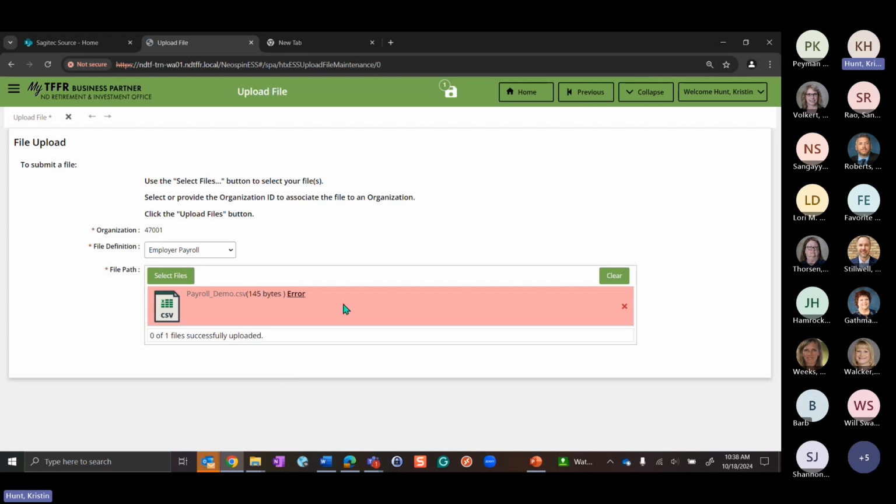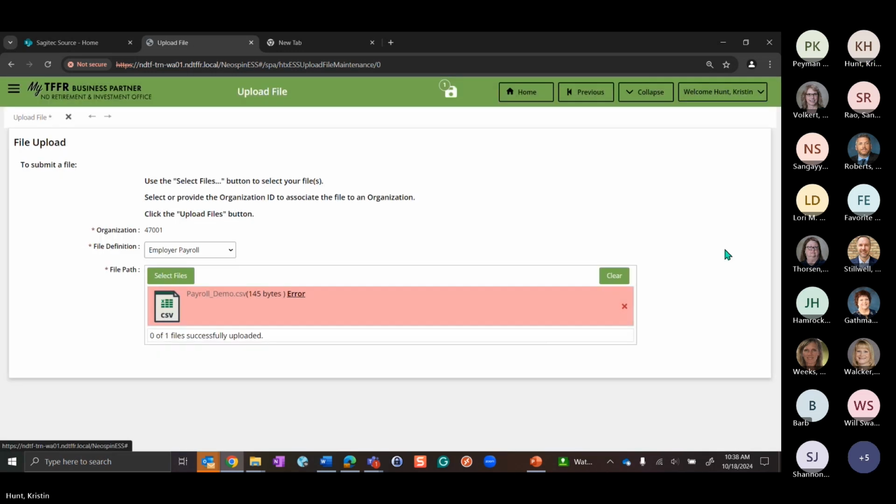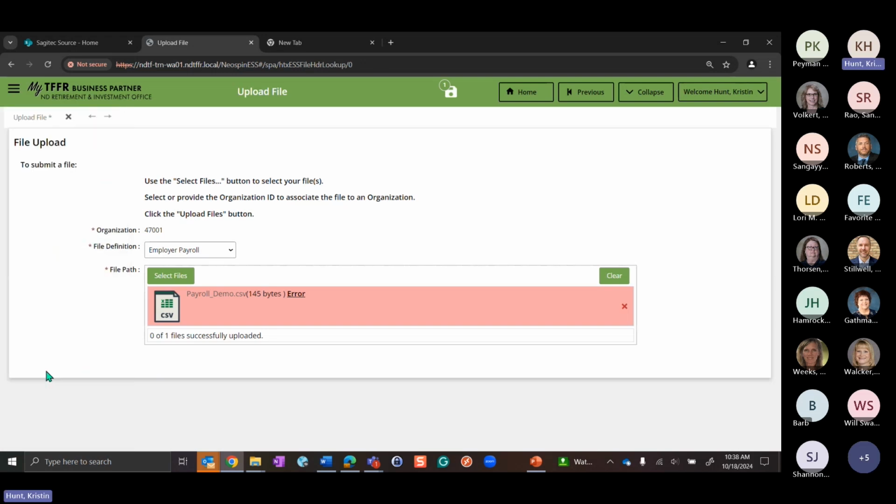Ooh. So this is what I was talking about when you get the red. So when I see this, there's a couple things I can do. I can come in here and I can click this. And so I can see that this record is in, the file header is wrong. So just like when I was doing the enrollment file, if I want to drill down deeper and find out exactly what's wrong with this payroll file, I can come up here to my little hamburger menu and I can scroll down and I can go to the view processed.